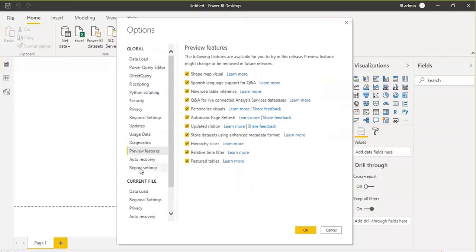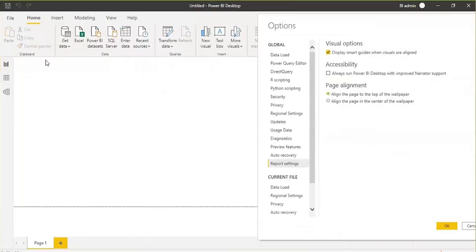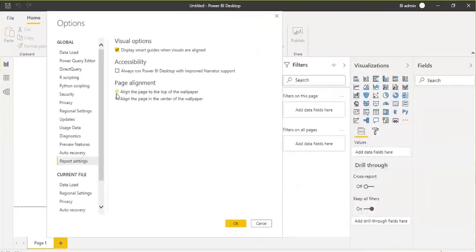Next option you have here is report settings. Under the report settings, there are a few things you can manage, especially alignment. Generally, when you create a Power BI Desktop report, the report will start from the top, or sometimes from the center. Let me show you what I mean. Your report will sometimes display from here, and sometimes it will start displaying from here. It means the alignment should be center or top sometimes. If you want to manage this, here are the settings. This is required only when you are going to display your report on a projector or on a larger screen.